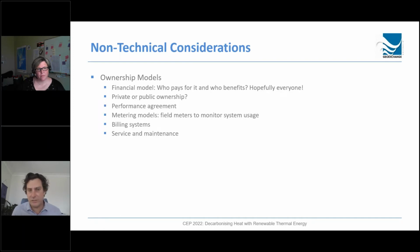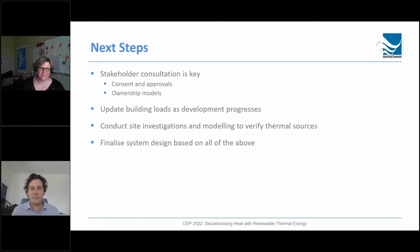Metering and sensors and stuff is really simple these days. And then things like billing systems and service. So really, look, you're just talking about a utility. Just think of it as a water utility, except that water is being used for heating and cooling instead of to flush the toilet or wash your teeth or whatever. So the next steps on any such project are stakeholder consultation, all your consents and approvals,